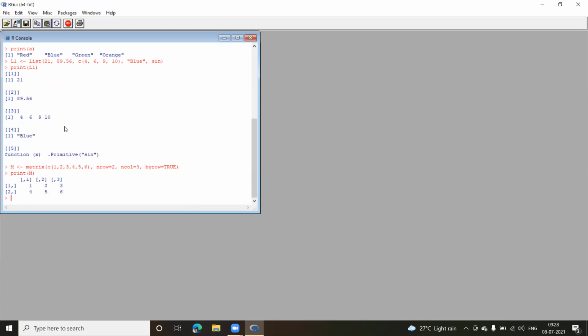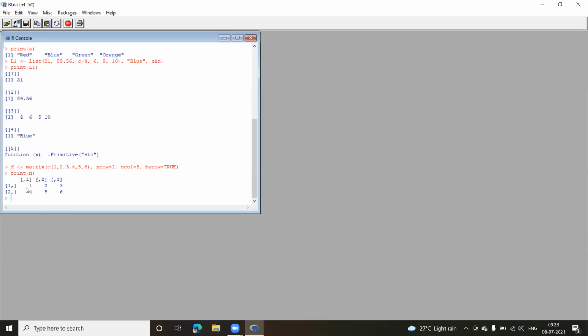Okay, so here you can see this is my first row. You can see the dimension, it's a rectangular 2-dimensional data set. It has rows and columns. Because I mentioned nrow equal to 2, 2 rows will be created with 3 columns, and the assignment will happen by row.